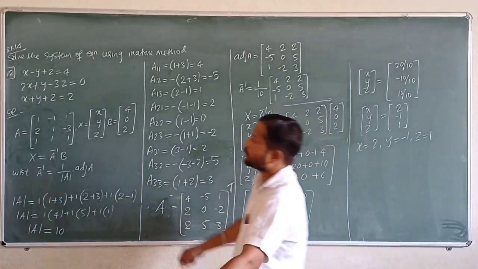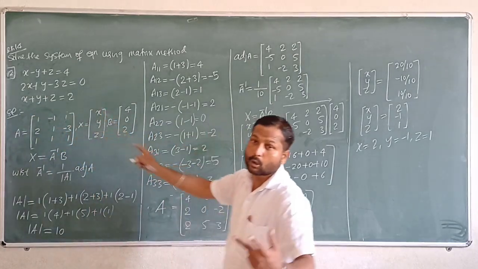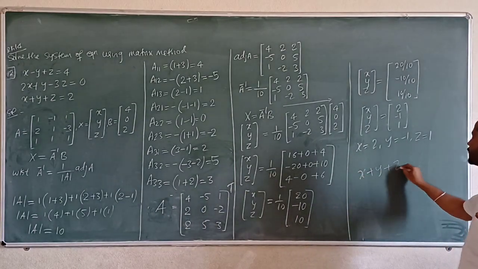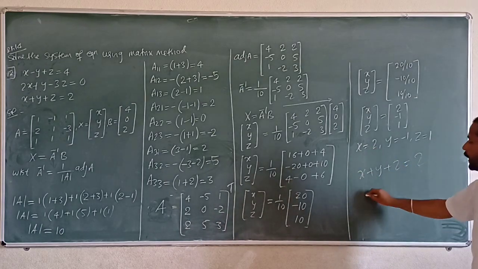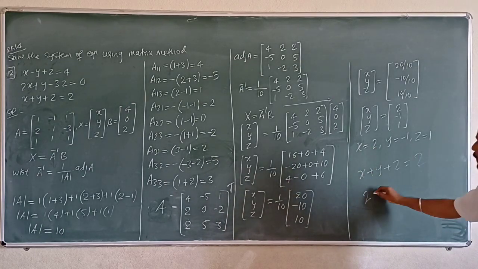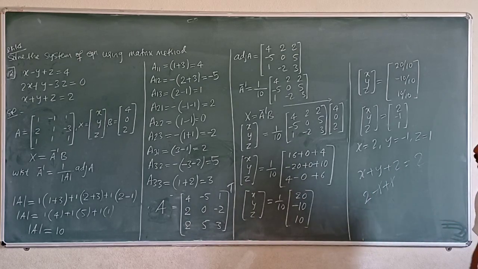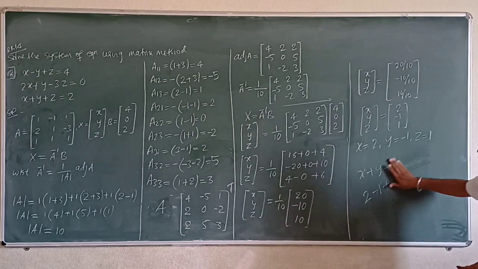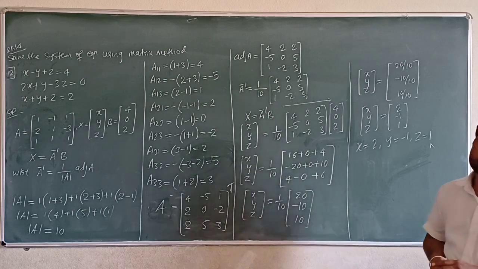Take up any one equation here. Take this one equation, x plus y plus z, meaning what should it be? It should be 2, correct? Take it, x plus y plus z is equal to what? 2 now. Substitute all the x y z values here. x meaning 2, y meaning minus 1, z meaning plus 1, see here plus 2 plus 1 minus 1 get cancelled. That is the answer, what here? 2 is equal to 2 now. So therefore x y z is verified now. Okay. Now the answer is what here? Correct. Okay. Right now.